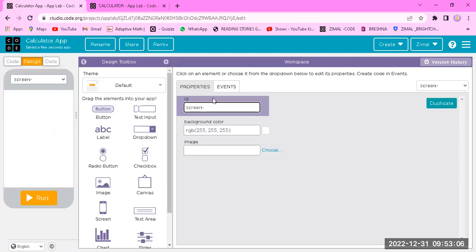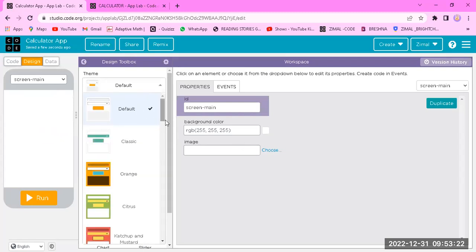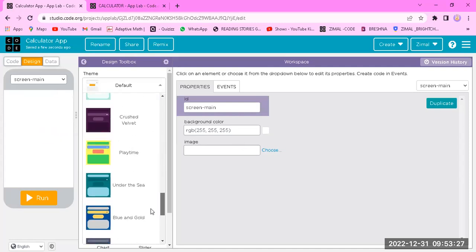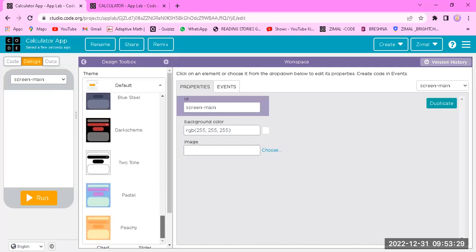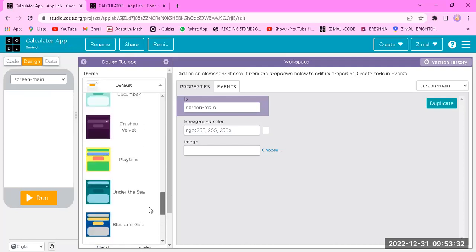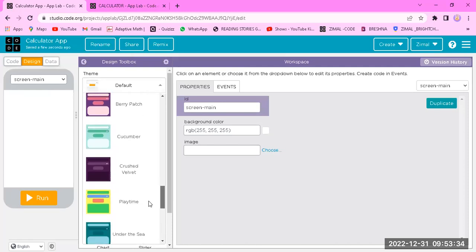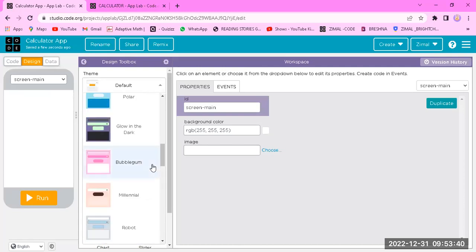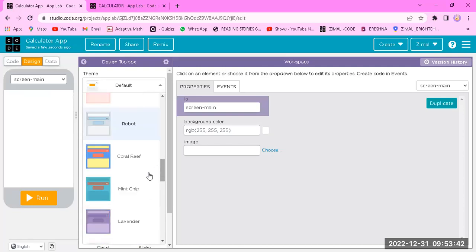This is our main screen. I have only one screen, so no worries. You can make it screen one, or anything you want to input. Now here let's choose a dummy. Any dummy you can choose by yourself. In the assignment you can do anything you want, but this project is going to be a bit the same, and you are going to be doing it the same. So I want